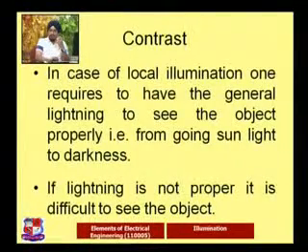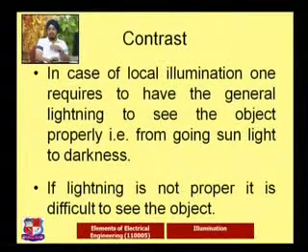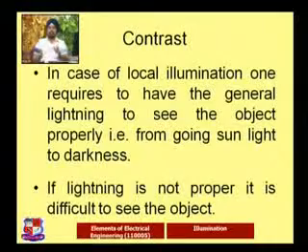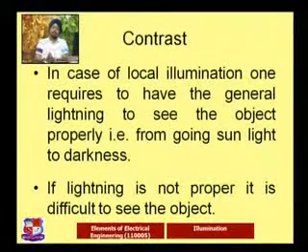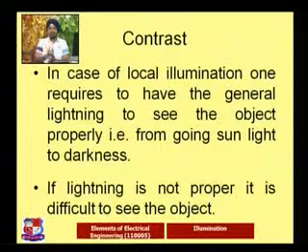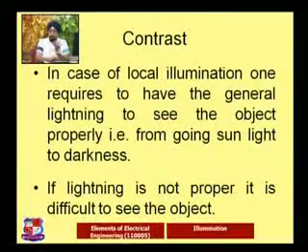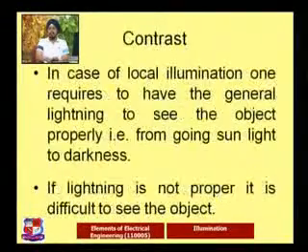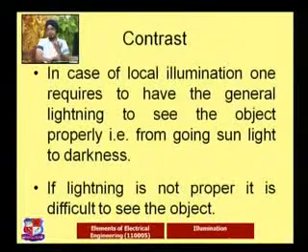The example is when we are going out, or coming from outside to inside our home, if sunlight is there and suddenly we enter the residential area, what we find is darkness, because we are not able to see any object coming from the outside. With the high intensity of light outside, we suddenly feel darkness in that case. If lighting is not proper, whatever we want to see we cannot see. In that case contrast is very important. If proper contrast is there when coming from the outside, we can still see the object properly.